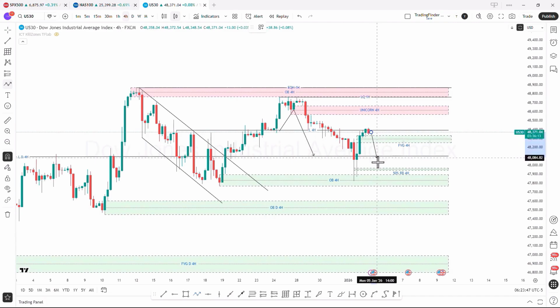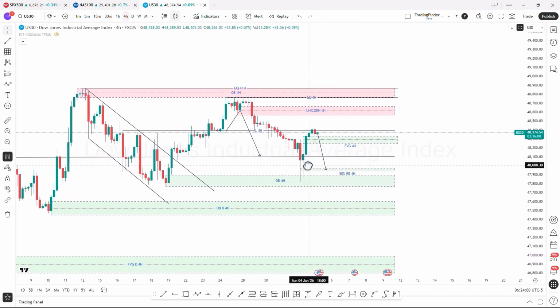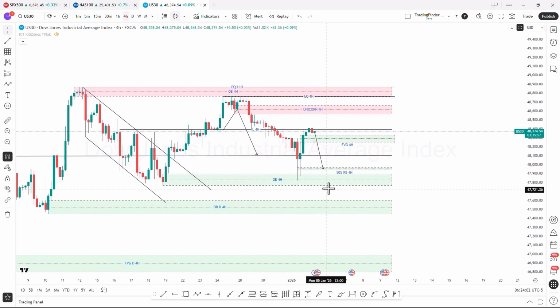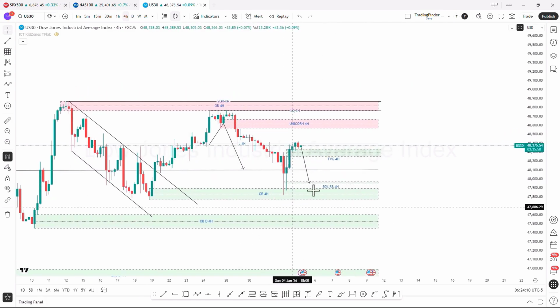With the price movement in the 50% zone of the candles, we can look for a buy position in the market, or with the increase in bearish momentum, we can look for a trading strategy in the 4-hour order block zone. Also, by closing the price below the order block zone, it can enter this daily order block zone and be optimized. It could become a 4-hour zone, although it is predicted that